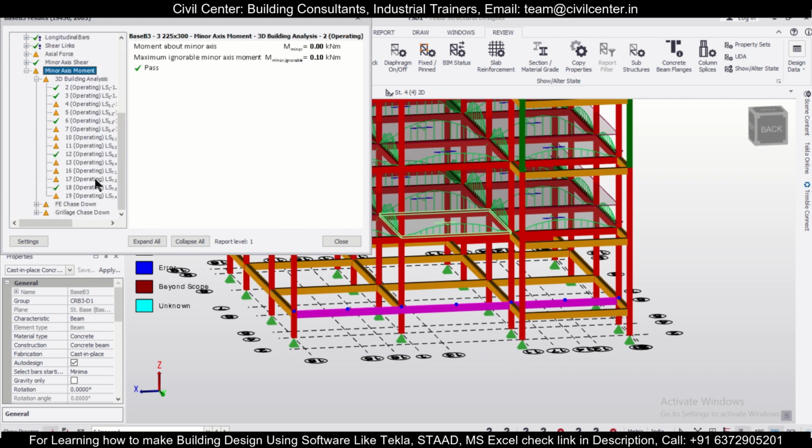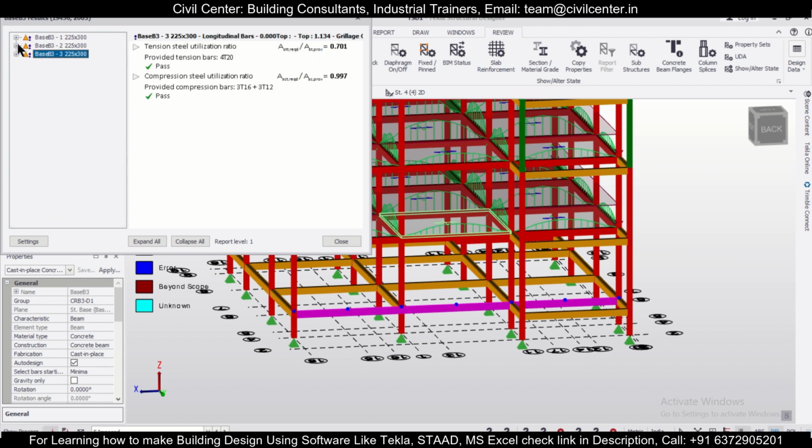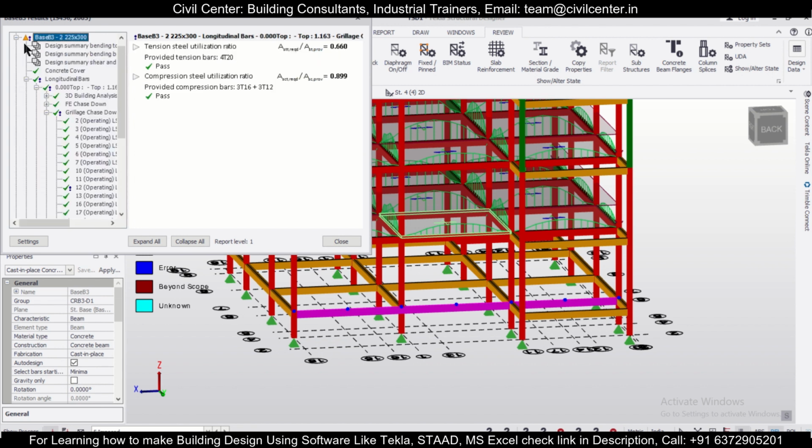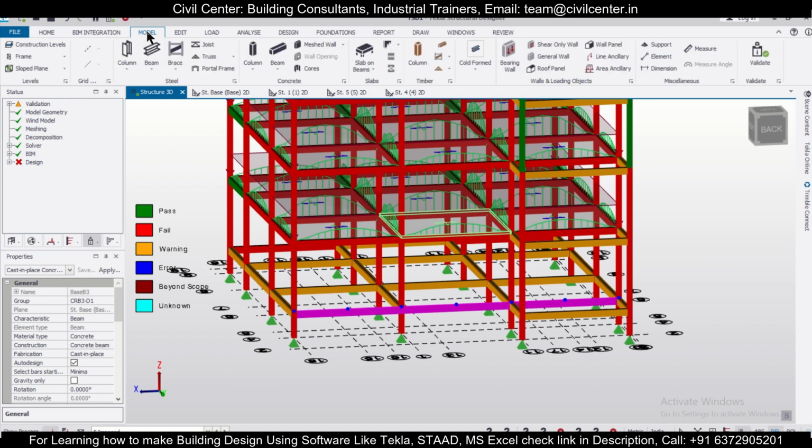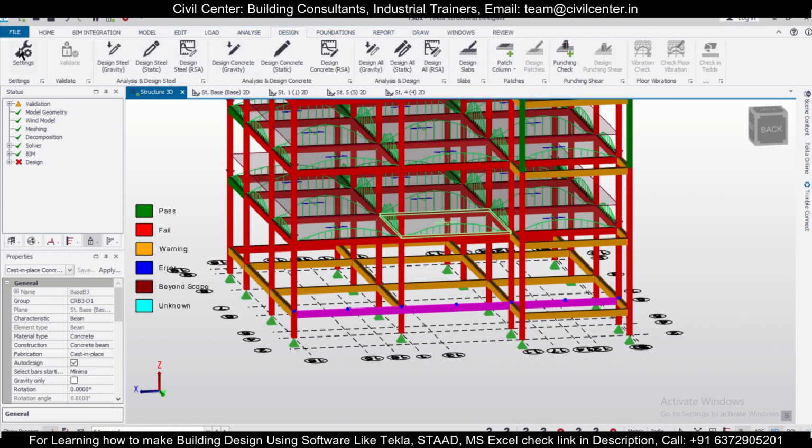So here, as you can see, let's check out the next section, and 4 bars of 20 and 3 bars of 16 mm. So let's change the design settings a bit to adjust. We'll go to design, and go to settings.